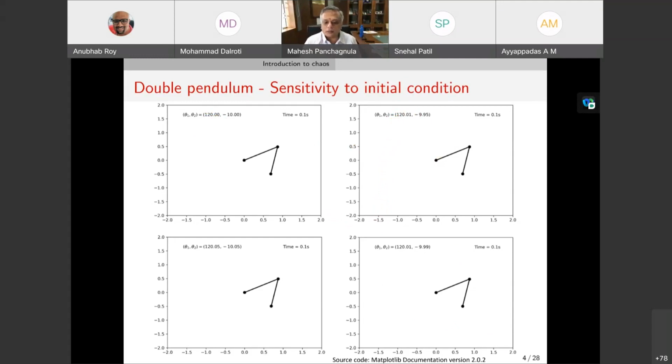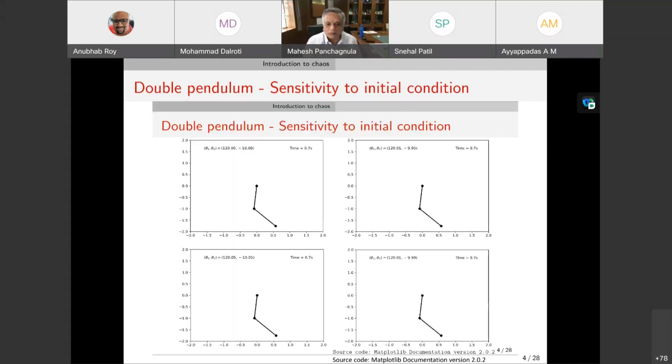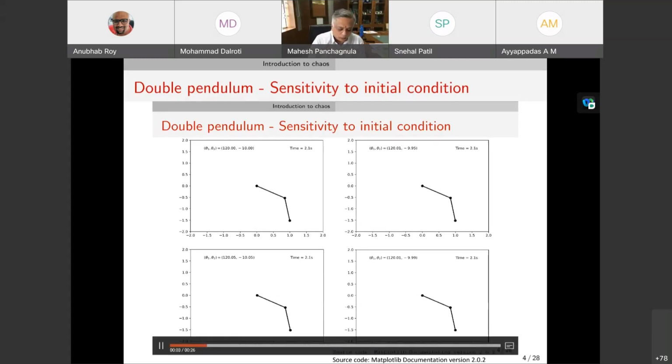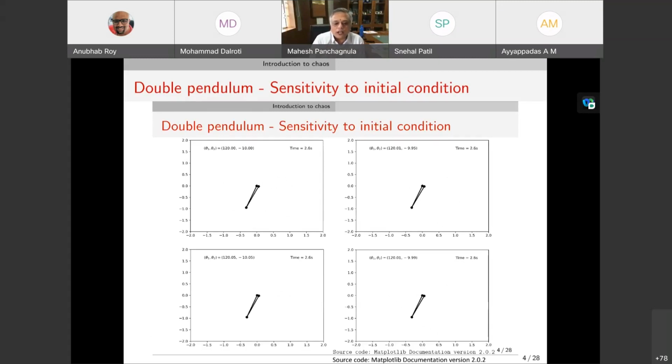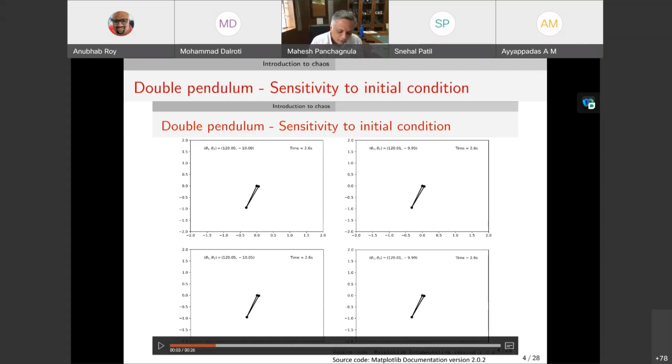It's going to last about 20 seconds, and we're going to pause in the middle. Okay, let me pause there. It's about 2.5 seconds into the video. You see that even this small sensitivity in the initial condition has not really impacted the dynamics in any big way. They're all still in a visibly similar state.